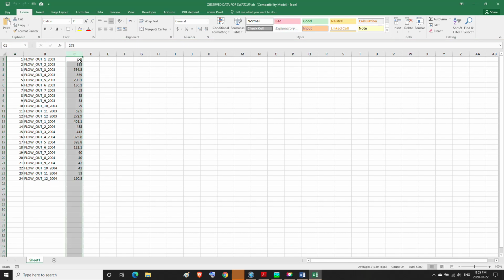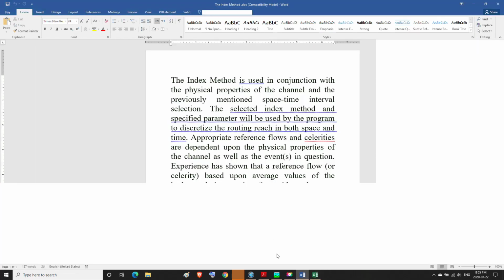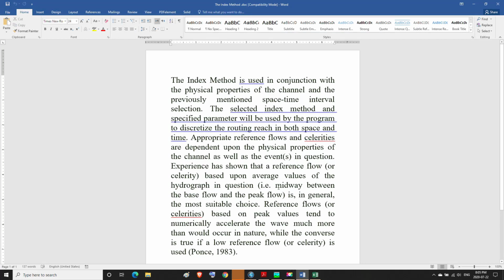And in it we have the actual discharge values at the Dolokan Dam, and for the index flow we choose the midway between the base flow and the peak flow.